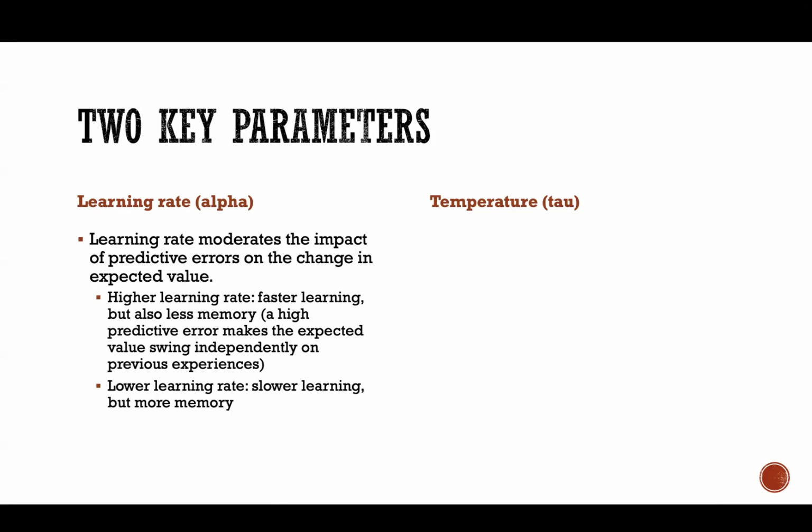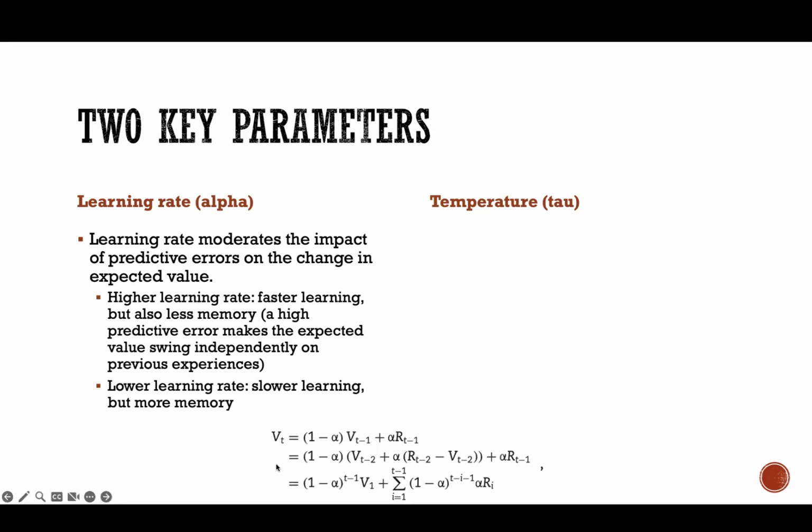The other parameter, here is the stuff that I had promised. One of the things that I mentioned a couple of times, and I wanted to make good on my promise, is to show you why a learning rate, as it is implemented in reinforcement learning, implies an exponential decay of memory. Right. So here we have that the value at time t is given by,